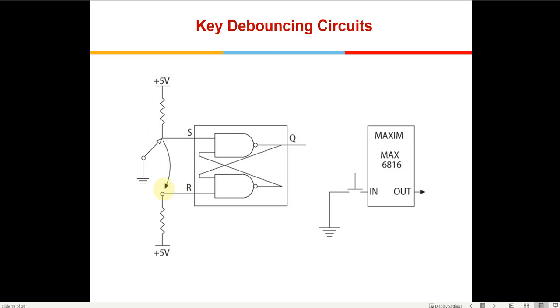It will touch the contact, jump from that and make multiple contacts before it finally settles down. That will cause a kind of pulse train. To avoid those multiple spikes, we use debouncing circuits, right?